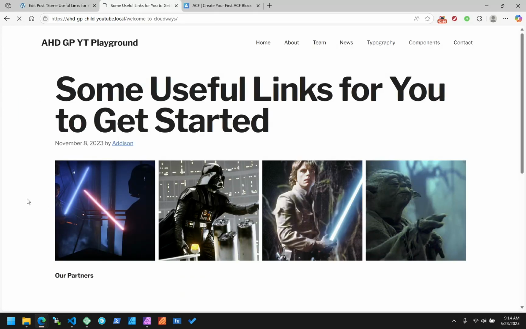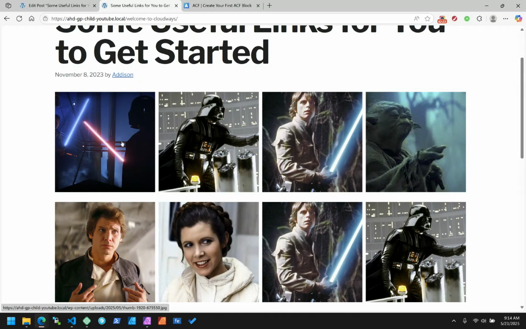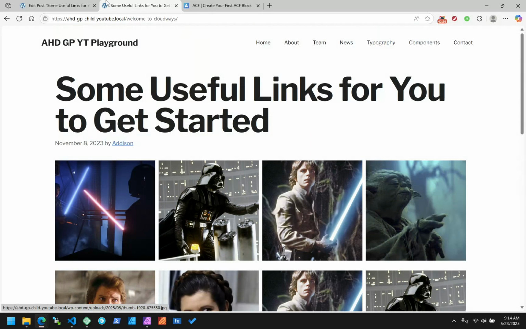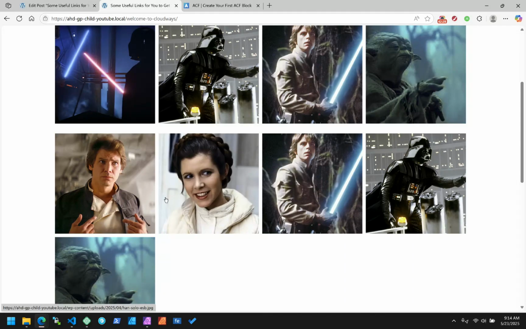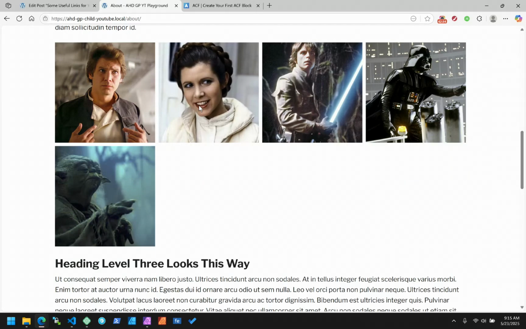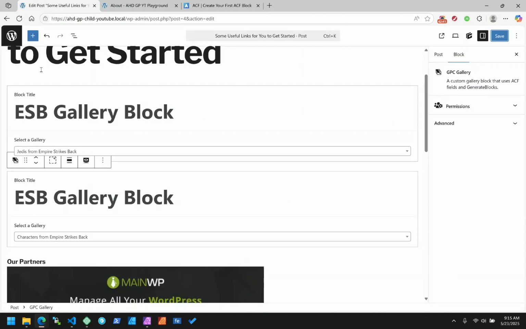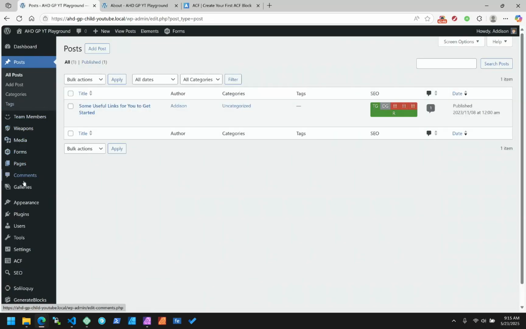So the great thing about this, the fact that we're using a post object, and this is like a relationship field, sort of. We're relating the data instead of including it directly within the post. So now this appears in two places. We have the characters that appear on that page and the about page. So multiple places. Say it appeared on 50 pages within your site and you needed to update it. Well, because of the way we've built it, all you'd have to do to update it is go to your